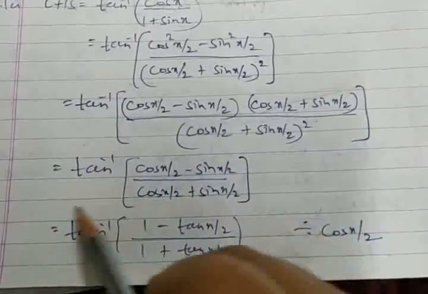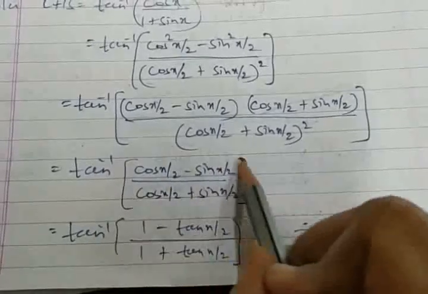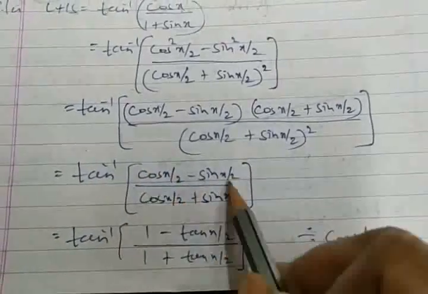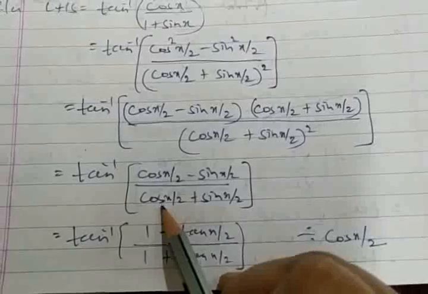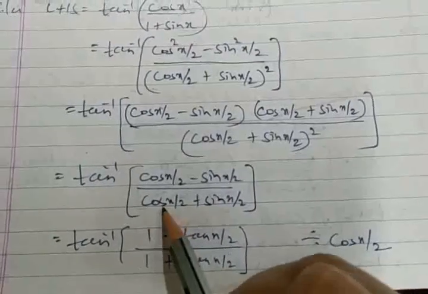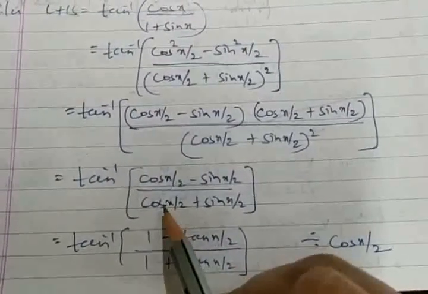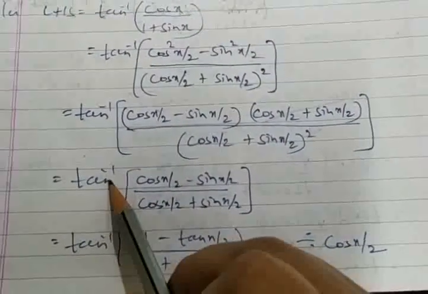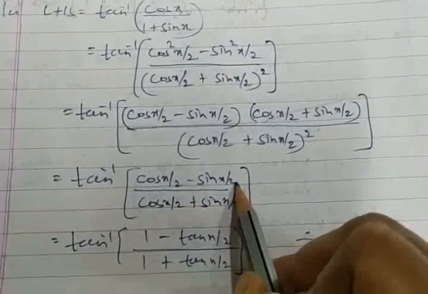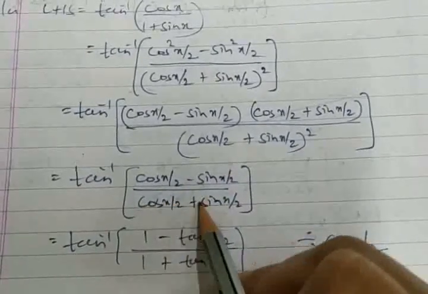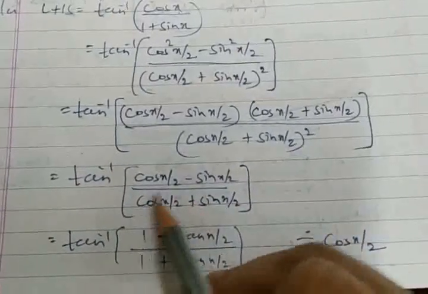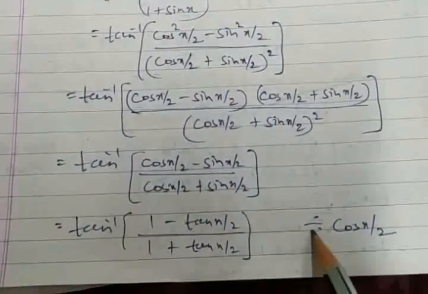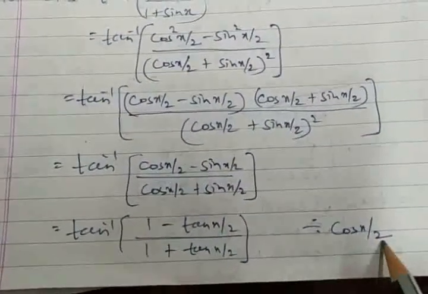So once we go for this situation, what best can we do, what should be highlighted: in the denominator, the first term should be 1, I said. If this term has to be 1, because you are trying to reduce it to tan inverse of x minus y divided by 1 plus xy, so you make it come to 1. And for this, you have to divide throughout by cos x by 2.